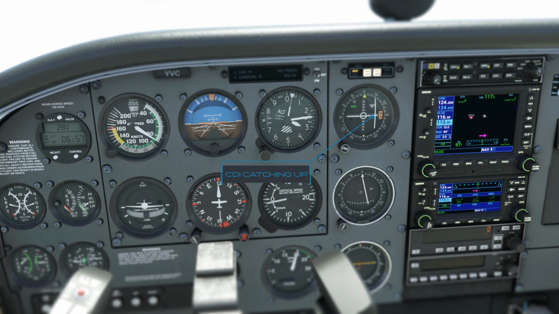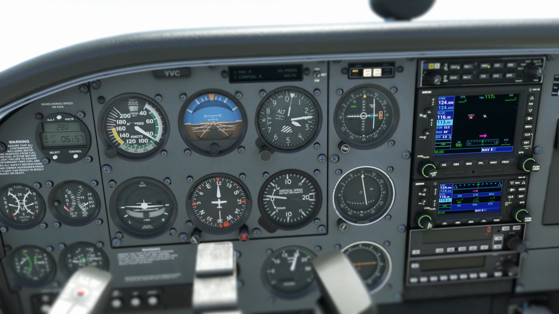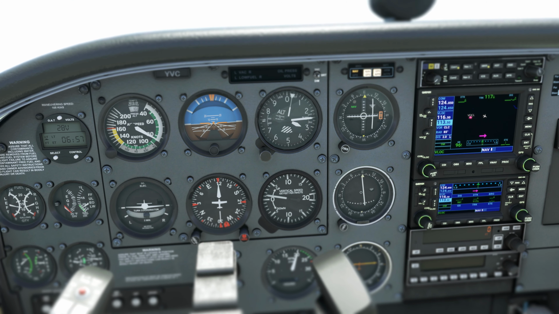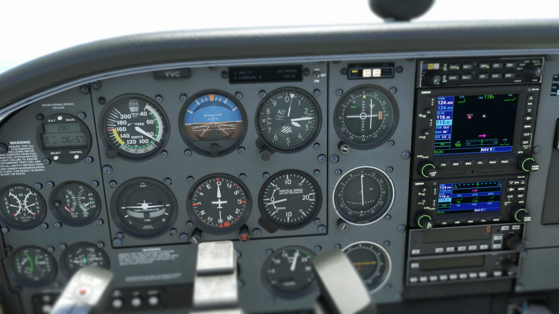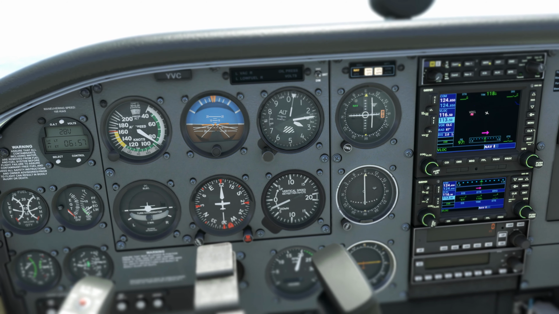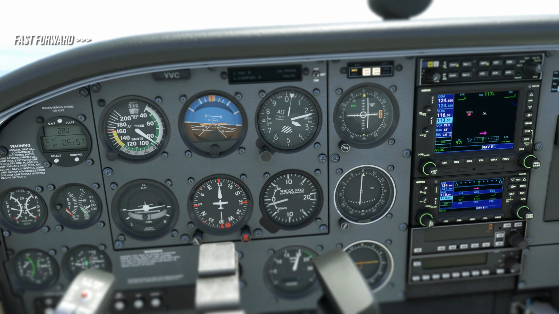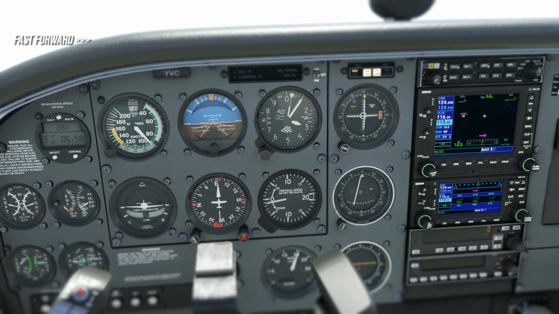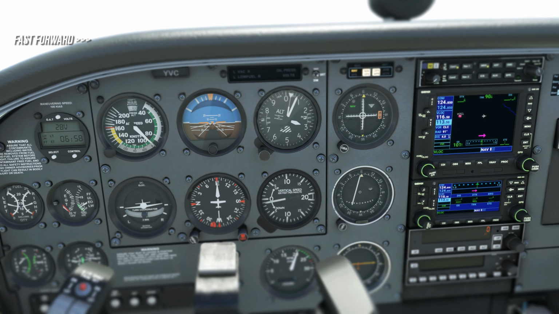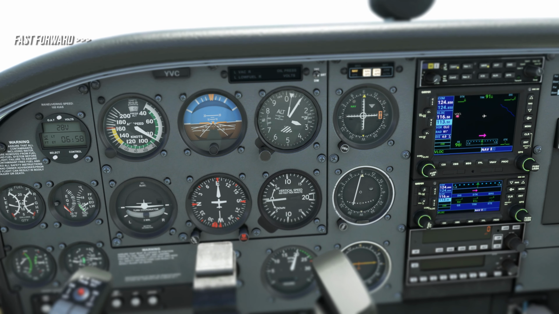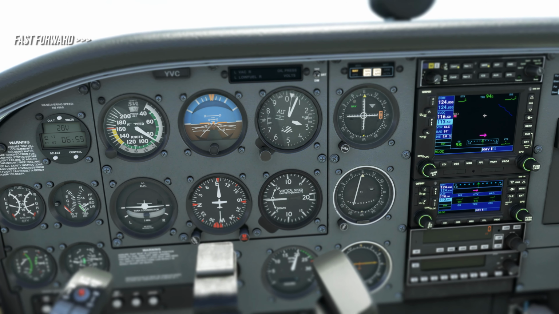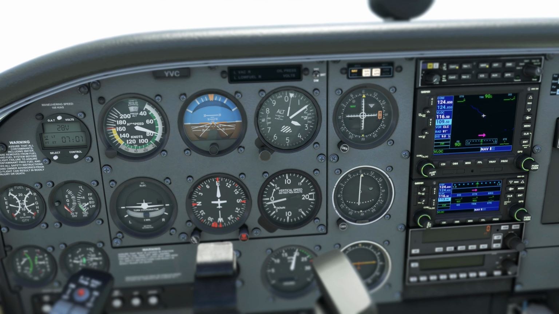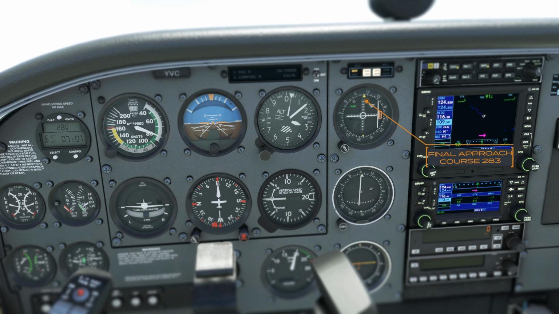Let's just track 091 back again and wait for 12 miles while we maintain 3100 feet. We're approaching 12 miles, so let's just set the next step, which is we'll put the course,